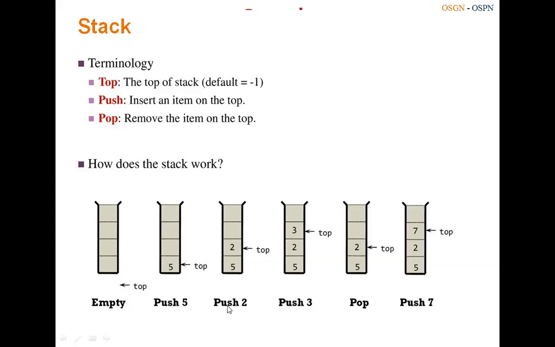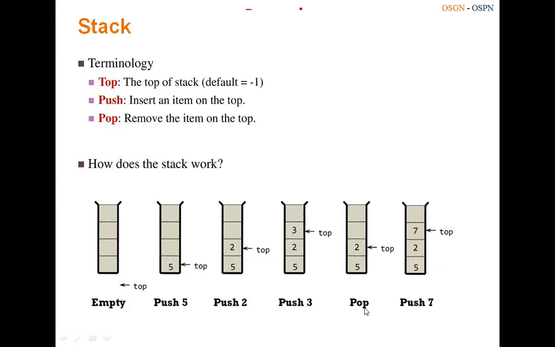Okay. Then again push 2. Push 2 means you have to insert 2 into the stack. So now we have top here. So if you want to insert or push 2, then first of all you have to increment this top value. So top is incremented and corresponds to this location now, and then you can insert 2 here. Similarly push 3. So again same operation is done, and 3 is inserted here.